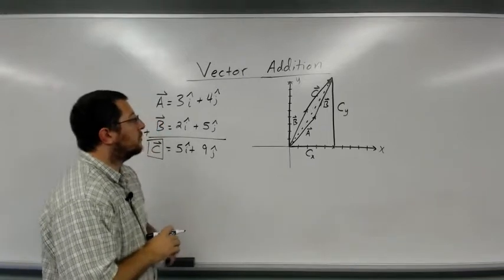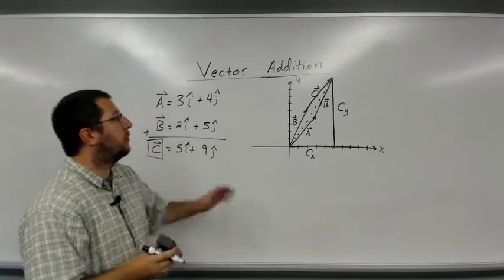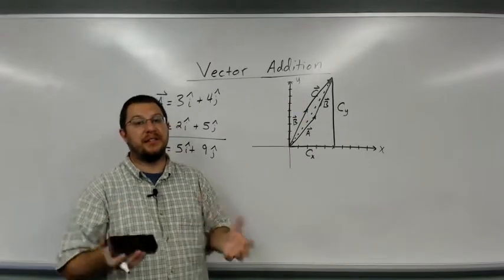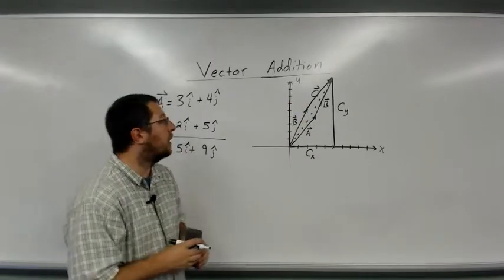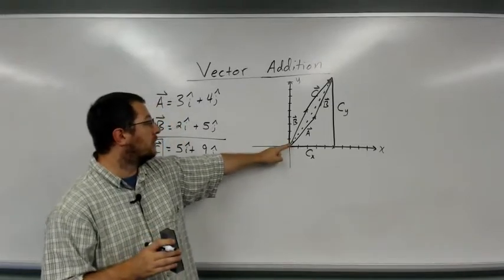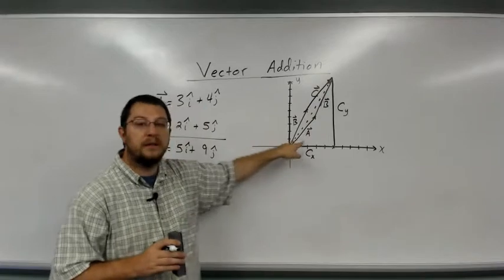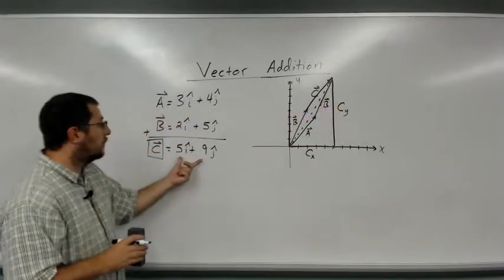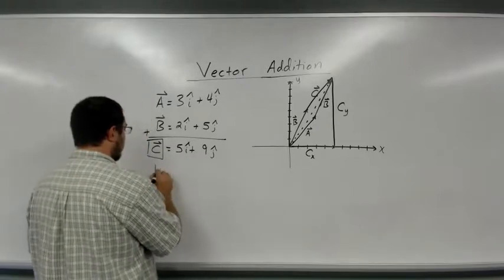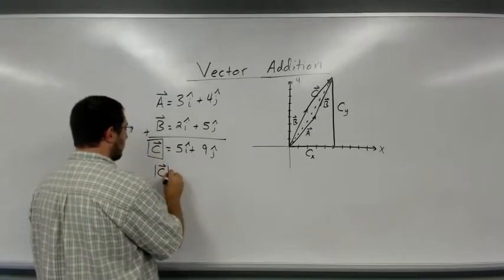All right? So what we would typically do at this point is then erase my individual vectors and just leave the vector C up on the graph. And then you can either measure this with a ruler to get the magnitude, or you can use the Pythagorean theorem that we used earlier. So to get the magnitude of C,